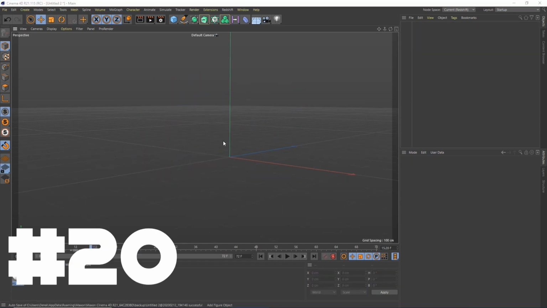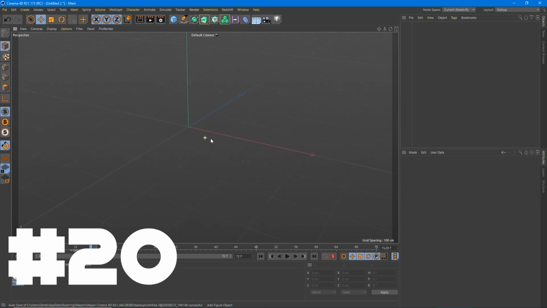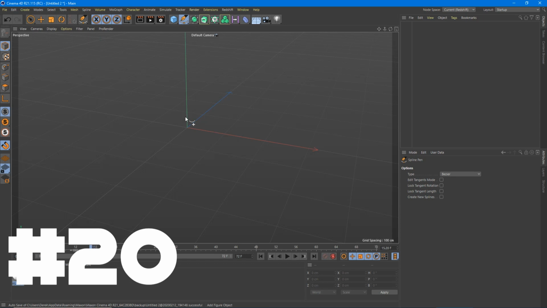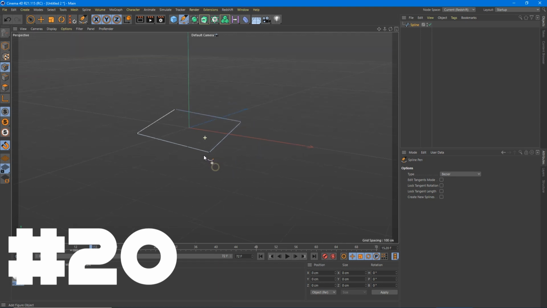One last quick tip that is very helpful and still kind of annoying to me is when you're using the pen tool, the spline pen tool, always use it in one of the orthographic views, top, front, or right. Because say I want to make a square, I'm going to click, click, click, click, and that looks like a perfect square to me, okay? But then when I rotate around, holy cow, I've made some sort of crazy, trippy optical illusion. That's not a square at all. It's actually a rhombus that I made.